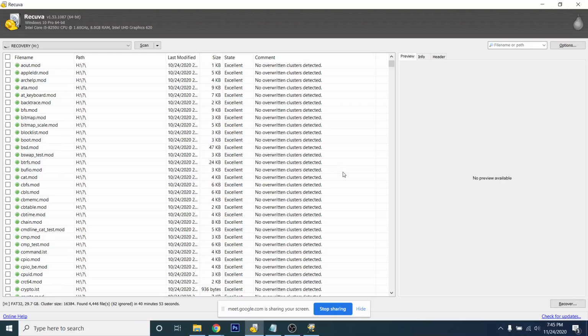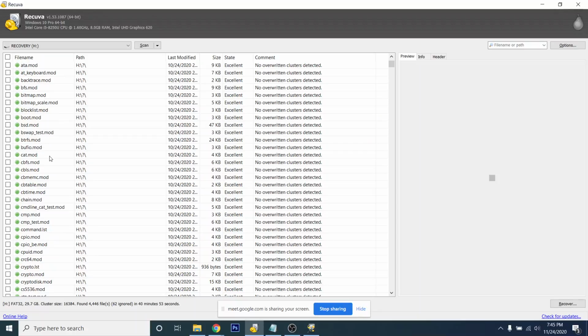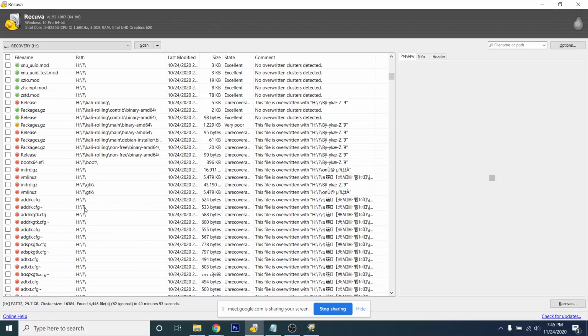A cluster is a combination of tracks, meaning these tracks are clear and can be recovered easily. But this was in hard disk, and the same happens in USB drives also. A cluster is a set of data. So here you can see with file name, most of the files have the extension .mod. These are the files of my Windows.